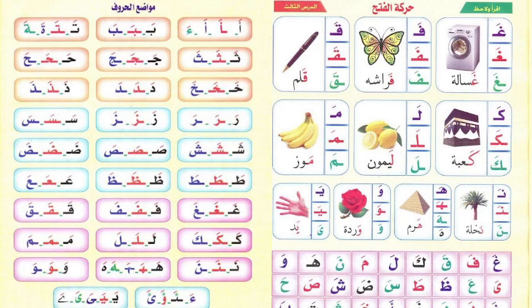So yeah, you can see the differences now. Of course, there are some ways you can write ya, and we are going to get there, God willing. And that is why I think this book is the best you can use to teach people how to read and recite the Quran, because the explanation is just so thorough. And we have yadun, which means hand, as you can see, yadun, hand.